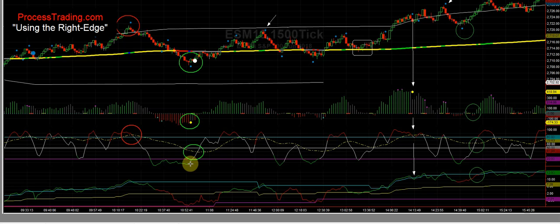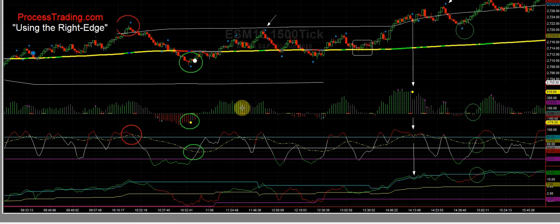So we look down to our cinnamon oscillator, and we see that the momentum line now is cutting up through the cinnamon line right at this point. So if we took a discretionary trade, it would be on the strength of the timing alert dot, the trend alert dot, another trend alert dot, weakness coming in supply, and also momentum shifting to the upside. If we took that trade there, we probably would have got in somewhere around here, and we would have got out